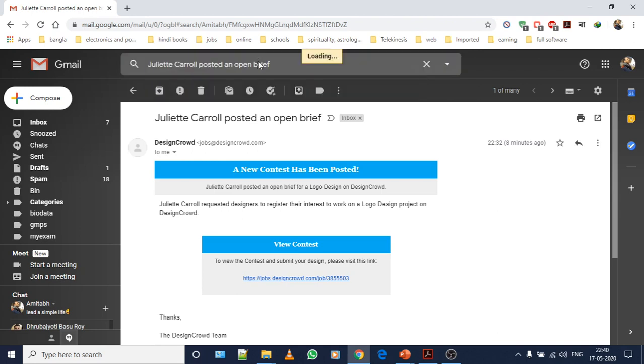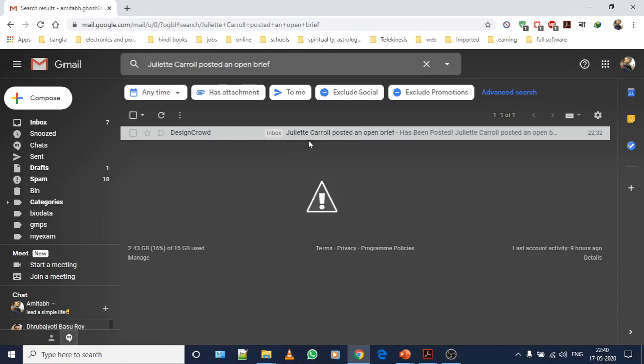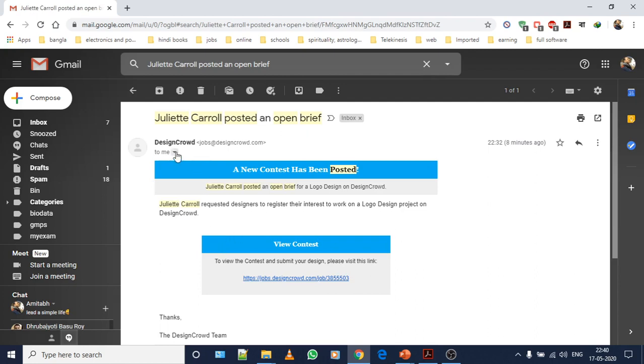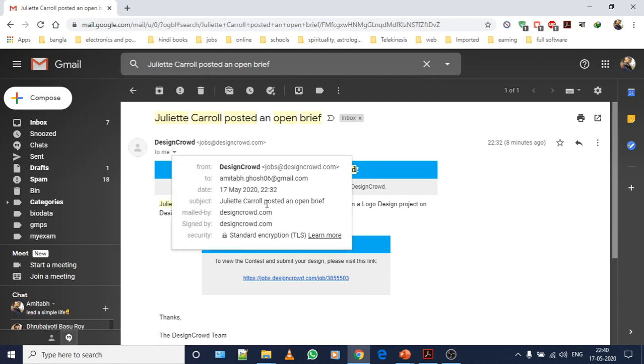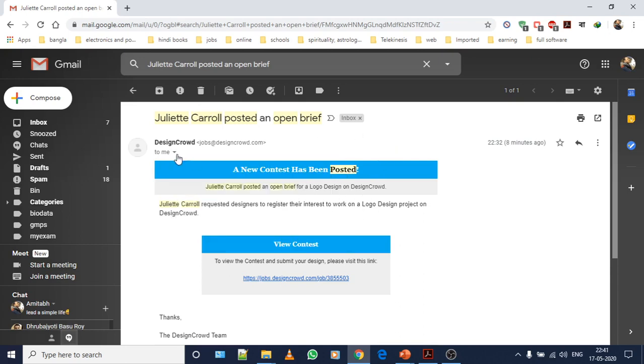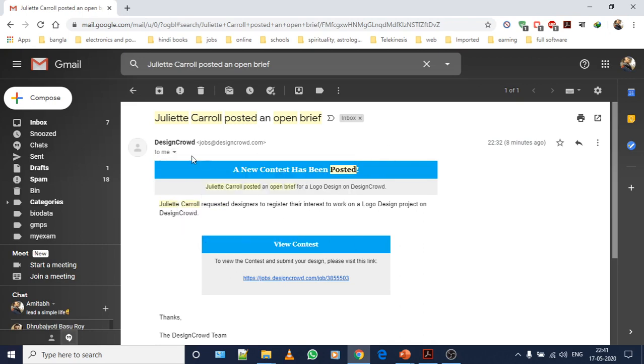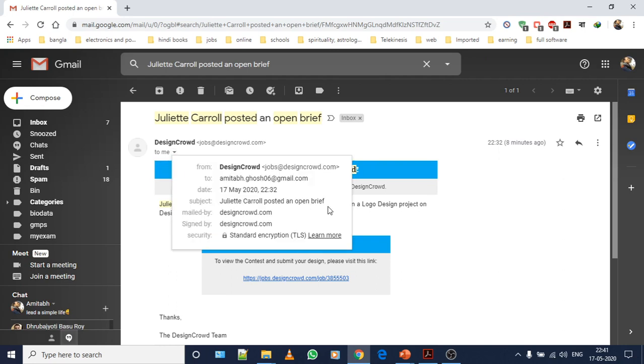Press enter. It shows me only one mail message, with the subject line Juliet Carroll posted an open brief. This time it won't look at who has sent me the mail. It will only search for the keyword mentioned in the subject line.